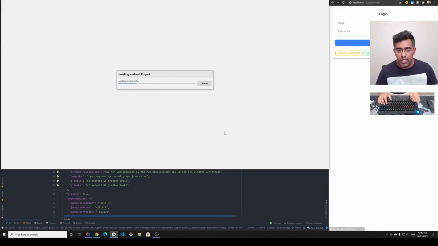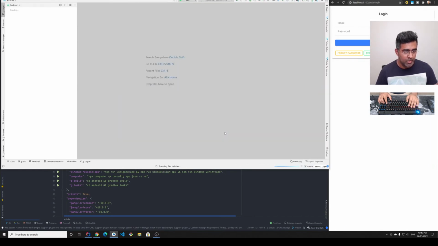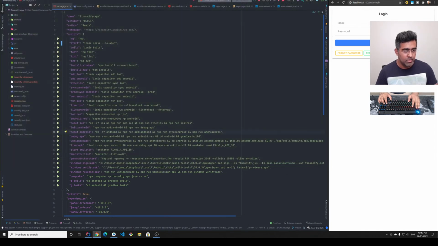I'll do localhost 8100. Oh, we got the Android project open. I don't want that for now, so I'll just exit out. Okay, so app is running. Now we're gonna go and first of all check whether we have